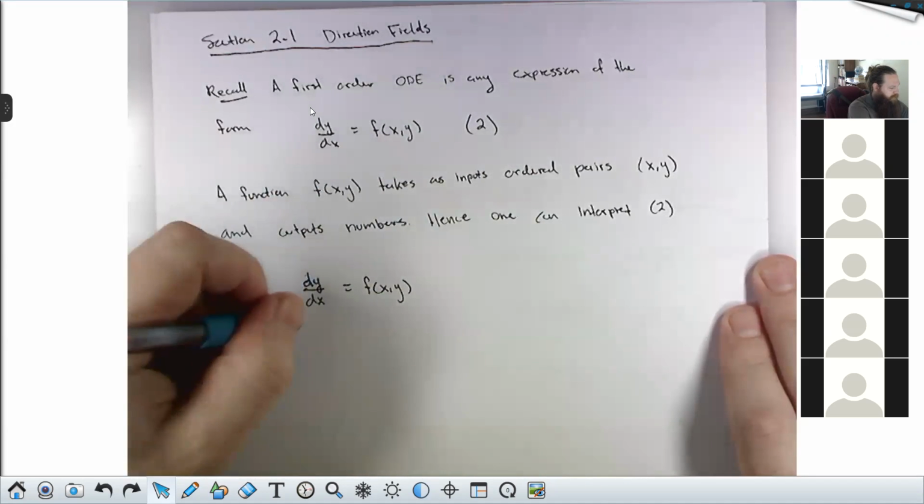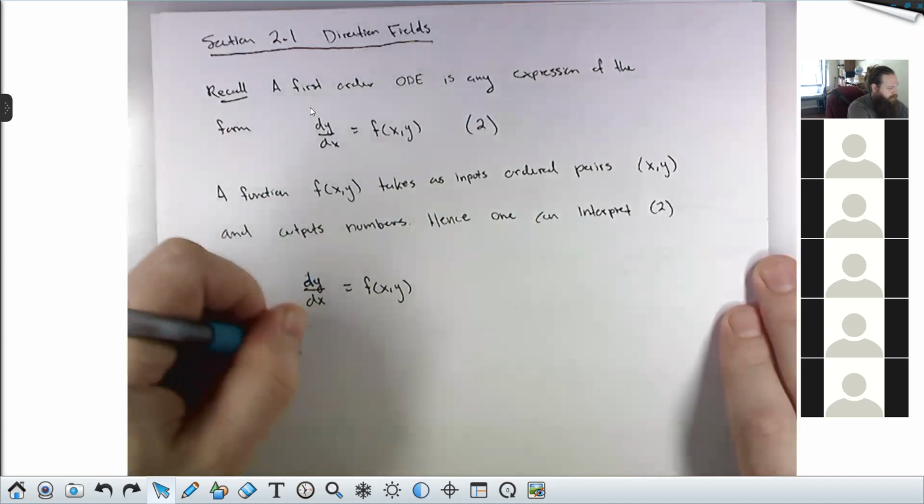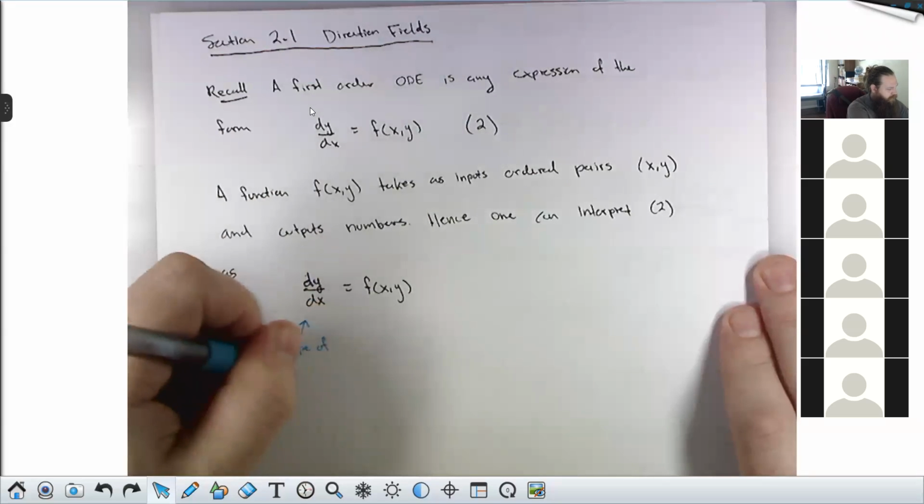One can interpret this as the slope of the solution curve